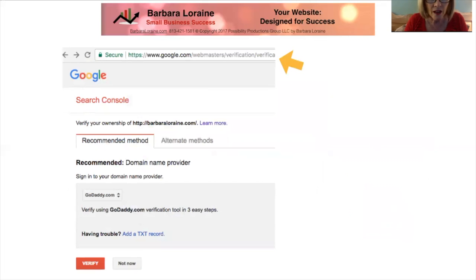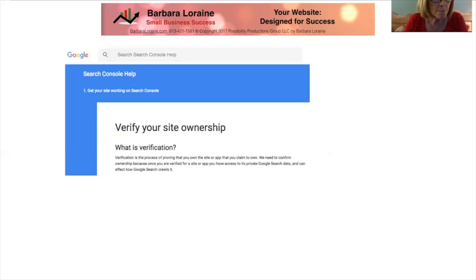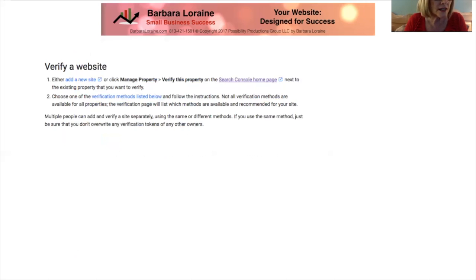The arrow there shows that when you do a Google search for the Google Search Console, what's going to come up is Webmaster's Verification. Verify your site ownership. Verify a website. You're going to the Search Console homepage,